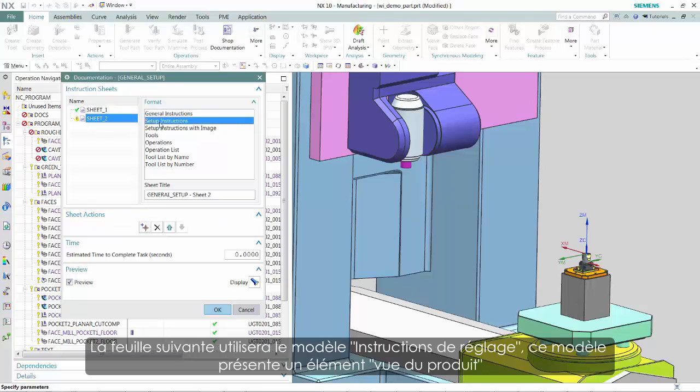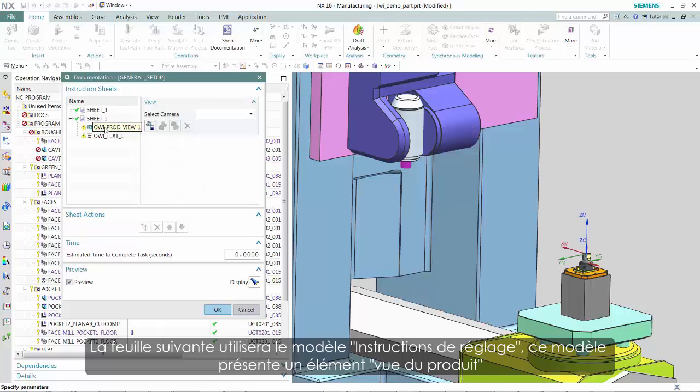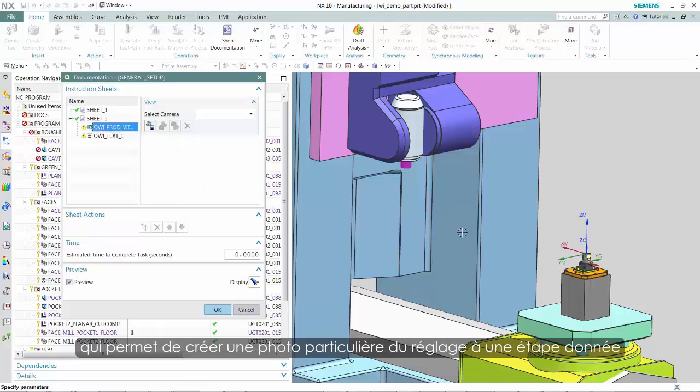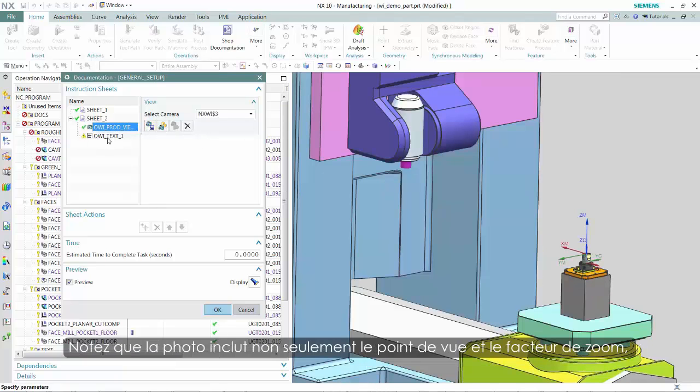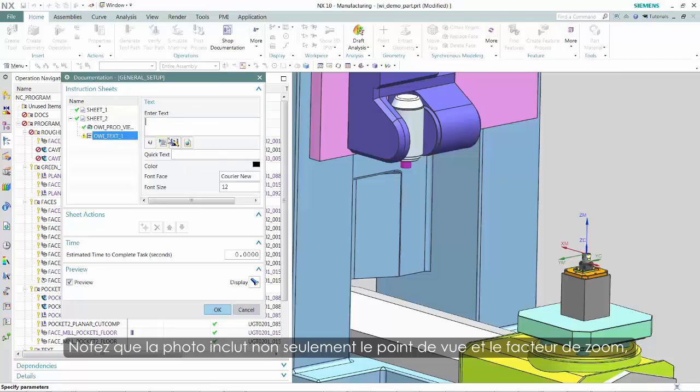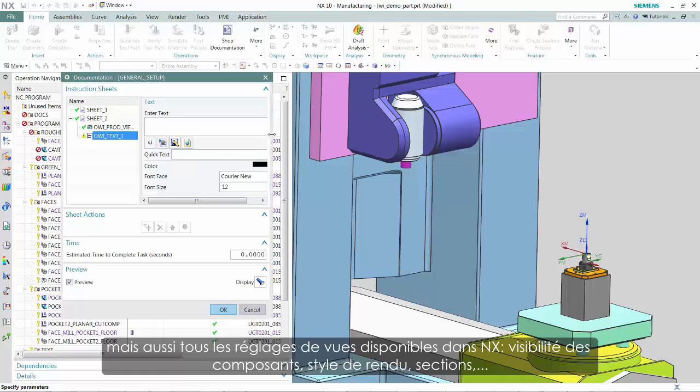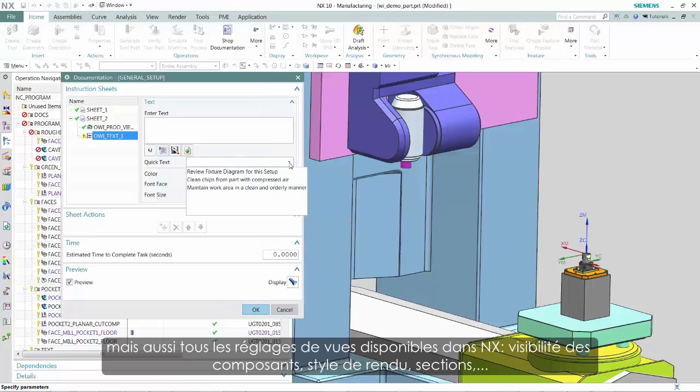This next sheet will use the Setup Instructions template, and this template includes a product view item which captures a particular view of the setup to illustrate the instruction step. Note that the captured view includes not just view direction and zoom factor, but also any other visibility settings available in NX. Component visibility, rendering style, even cross-sectioning or the status of wavelength components is captured and remembered as part